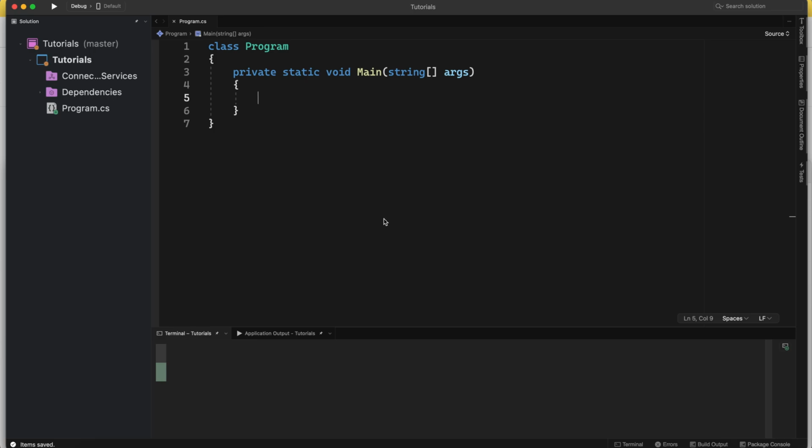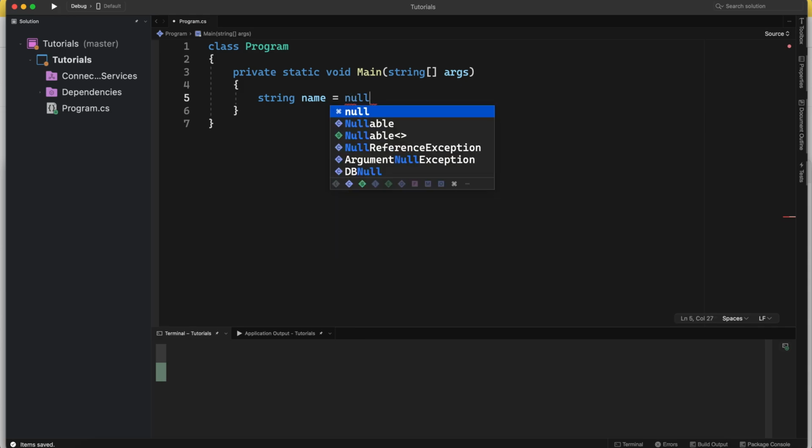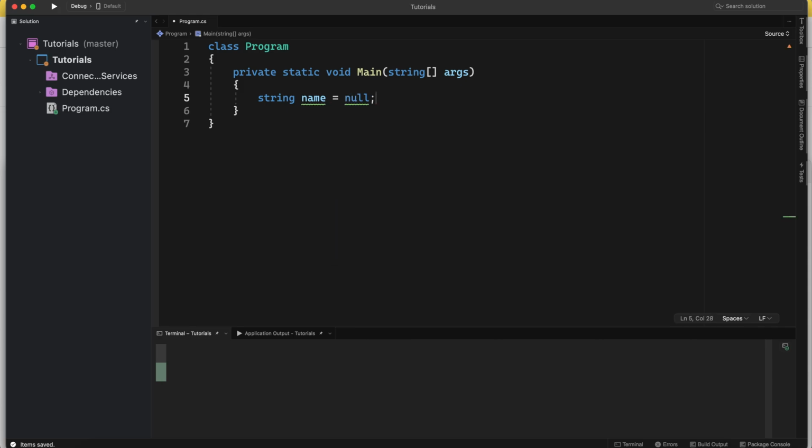I will create a string variable called name and set it to null. Now I will create a variable username and use the coalescing operator to set its value. This statement basically means that if the variable on the left is null, give me the other value, which is